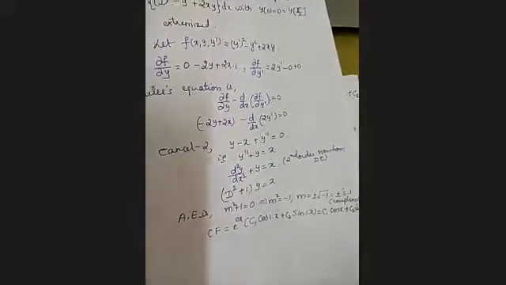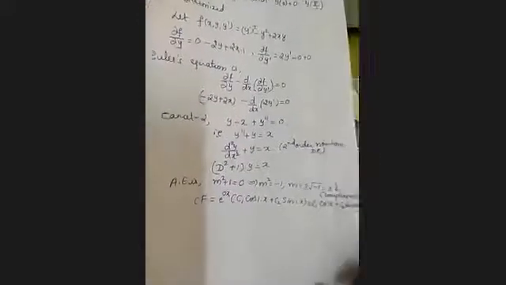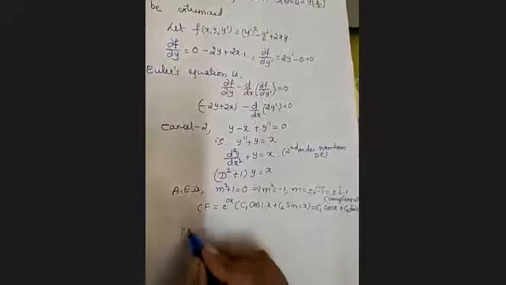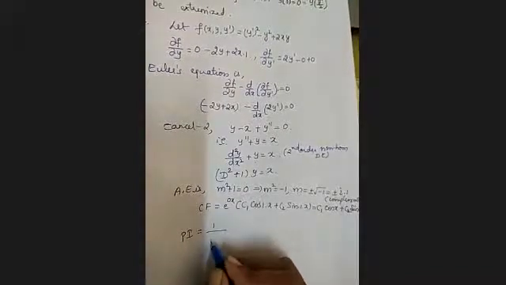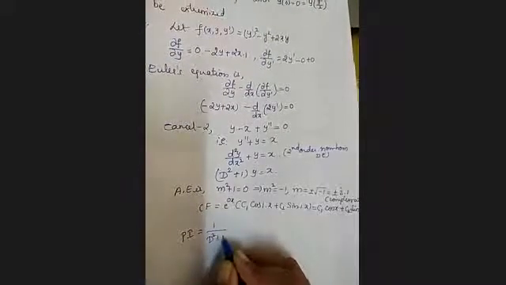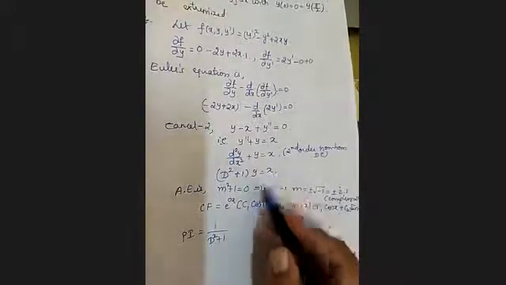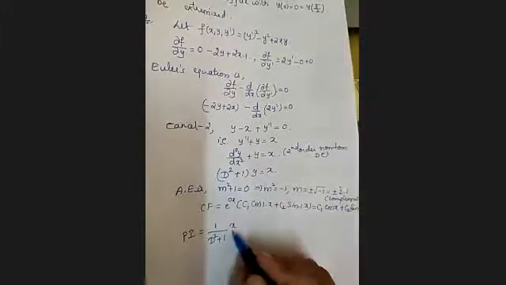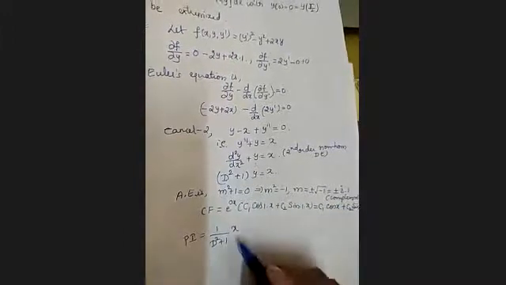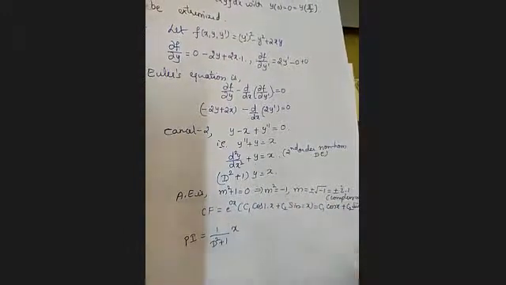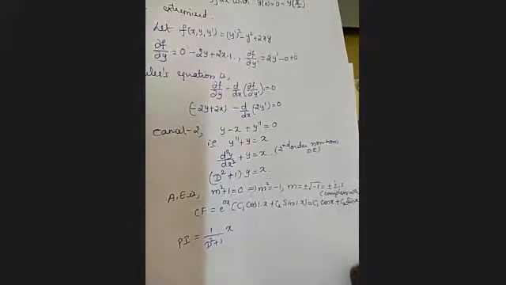Okay. Let us find the particular integral. So particular integral is 1 upon f of D, f of D is D square plus 1, into phi of x. Phi of x is the function on the RHS. Now tell me, this belongs to which type or which case?